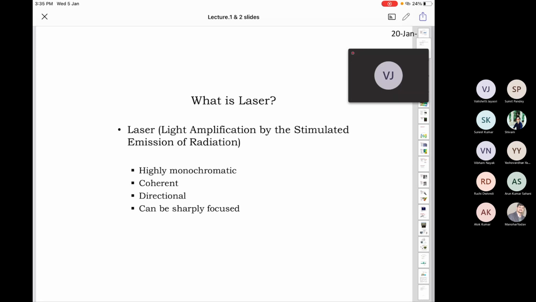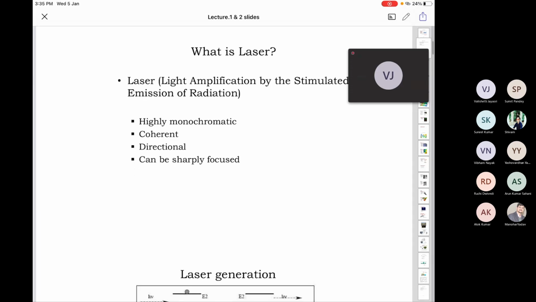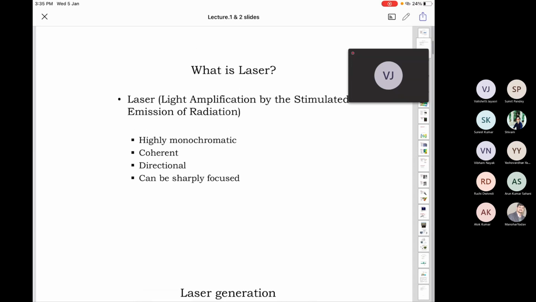The generated laser beam should be highly monochromatic. It means it should be generated at a fixed wavelength, and it should be coherent, and we consider it highly sharply focused and directional, so that the target point can be focused. Okay, so once from the laser source a laser beam is fired,